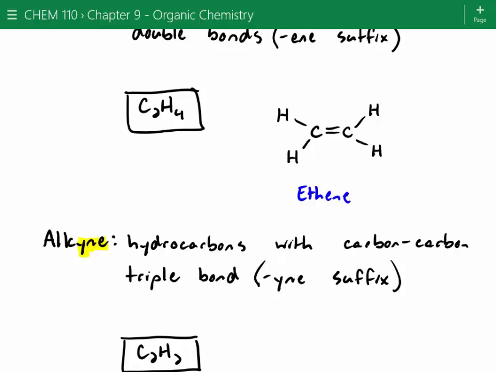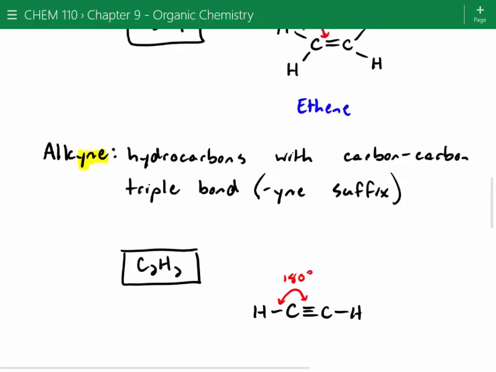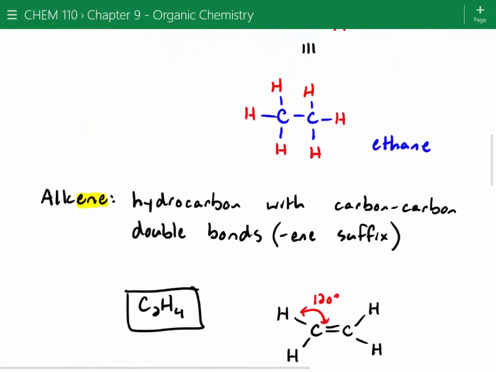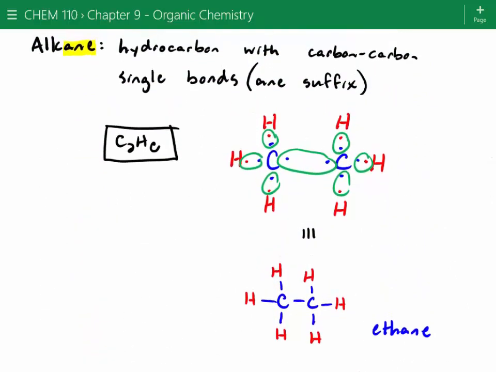About 120, right? So according to VSEPR theory, those atoms and electrons want to be as far apart from one another as possible. So in this case, we've got an angle of 120 degrees. And over here, we've got an angle of 180 degrees. Does anybody remember what the angle was for tetrahedral? If we go back up to our alkane example, it was 109.5. So we can see as we increase our double bonds, those angles get bigger and bigger because we have fewer and fewer groups around them.